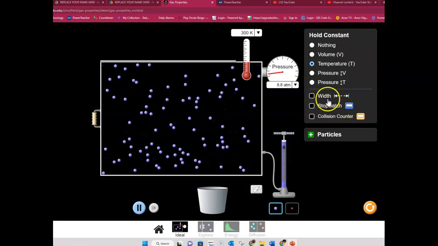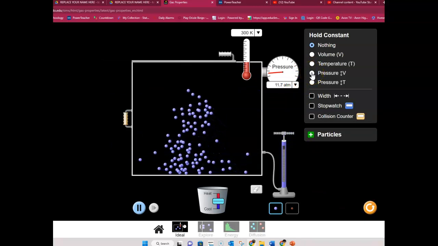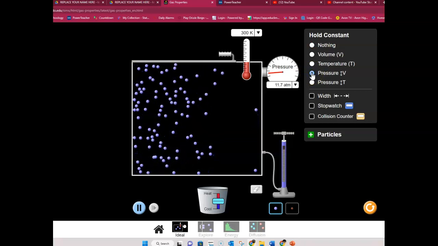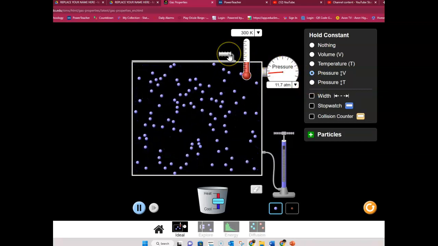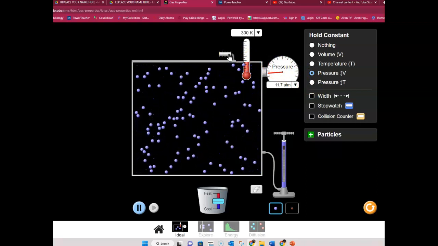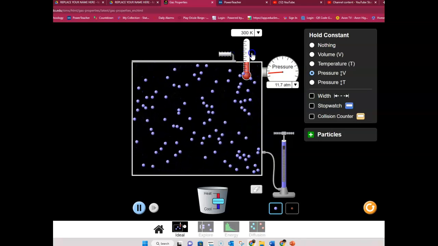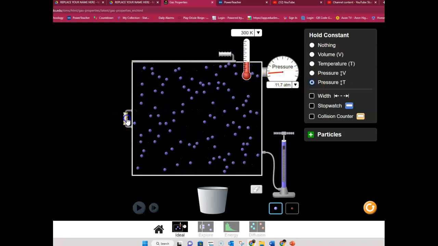Okay, so when we look here, I'm going to reset. I'm going to put some particles in there, and I'm going to keep my pressure constant. Now I'm going to increase the space. Again, think about it: pressure is the collisions on the wall, whereas volume is the space. So if I make the space bigger,